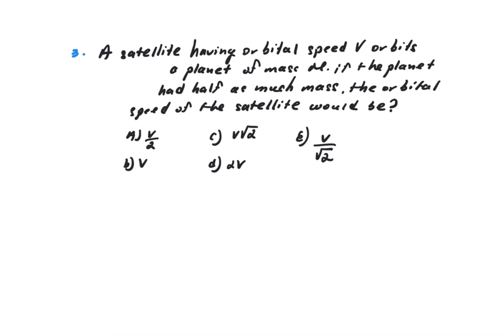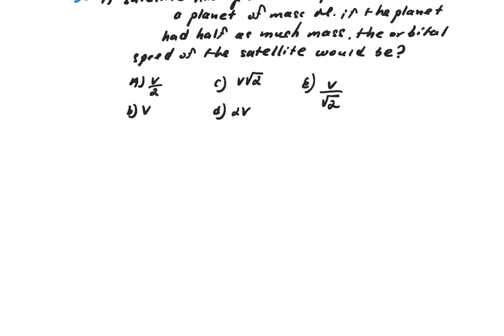All right, so question 3 on chapter 6. A satellite having orbital speed v orbits a planet of mass m. If the planet had half as much mass, the orbital speed of the satellite would be... All right, so again, we have to consider